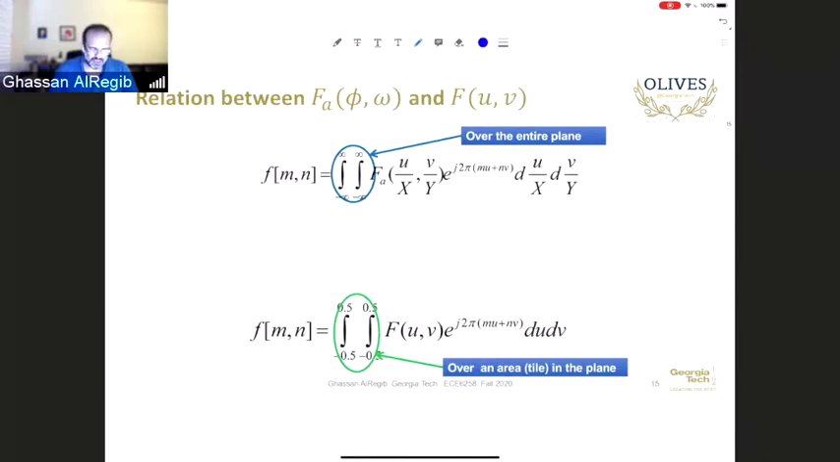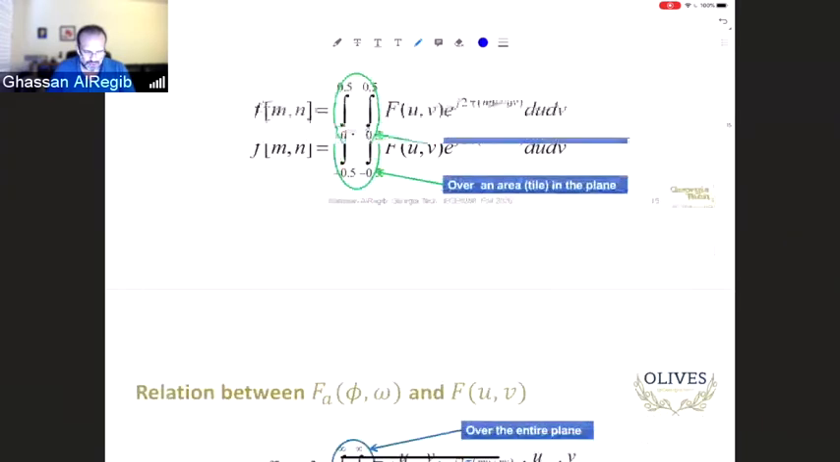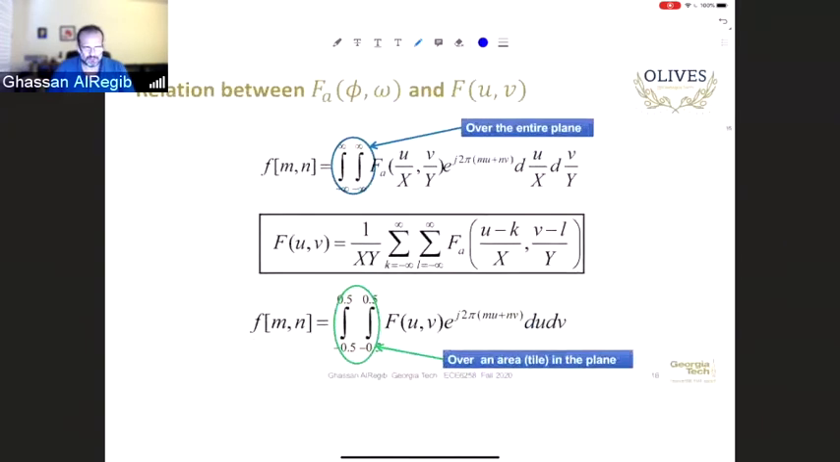And then in the second equation, I'm doing the same thing, but now I'm doing the integration over only a single tile in the plane. And the tile is 1 by 1 dimension. And again, both of them will give me the same answer. So I could conclude from there the following,